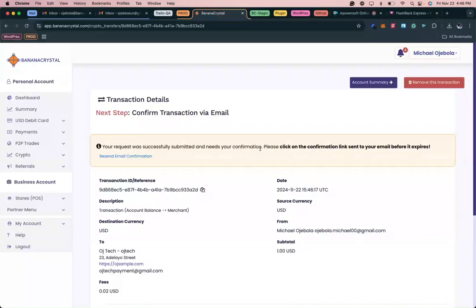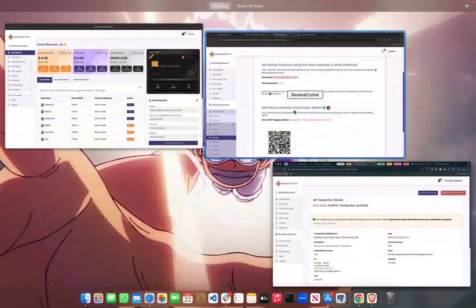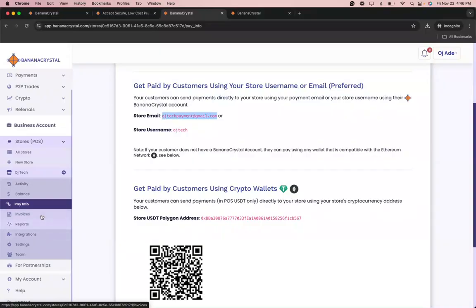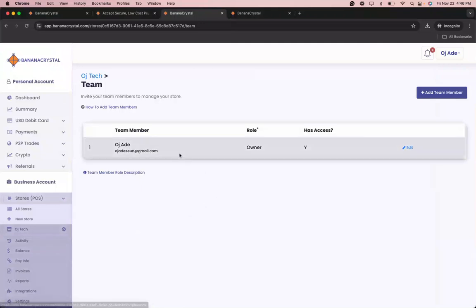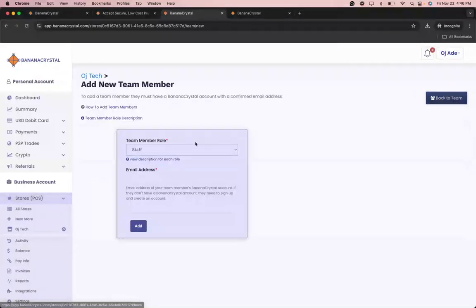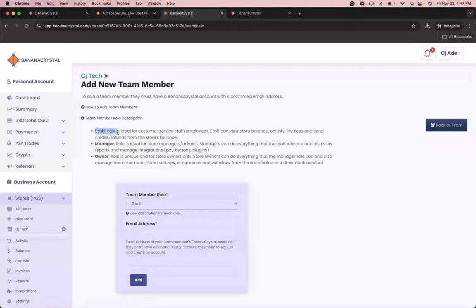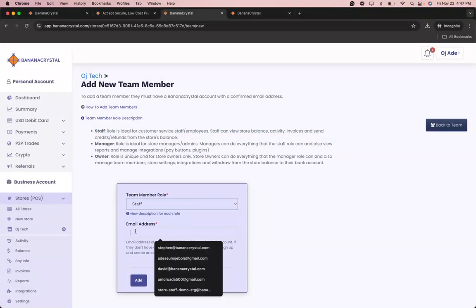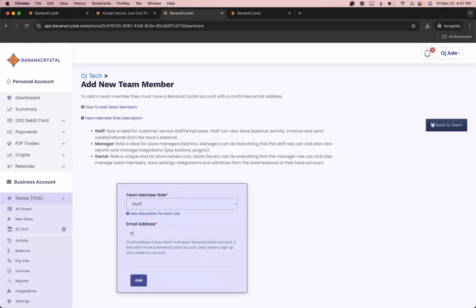The last category in the video is how to add team members and how to pay your team members. So for that, I'll be showing you here in the teams, adding a team members. So currently this is the only team member, which is the business owner. I can add a team member by specifying his role. Can be a staff or a manager, and you can see the role here. So a staff is this person with his role, a manager is this person with his role, and the owner is this person. So I'm going to add a staff, and the email address is